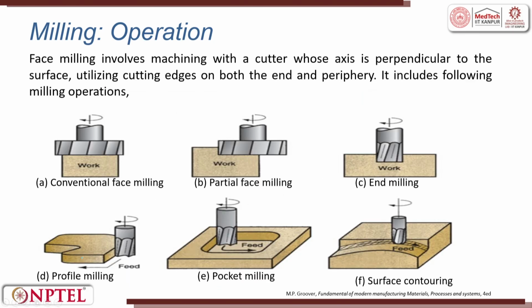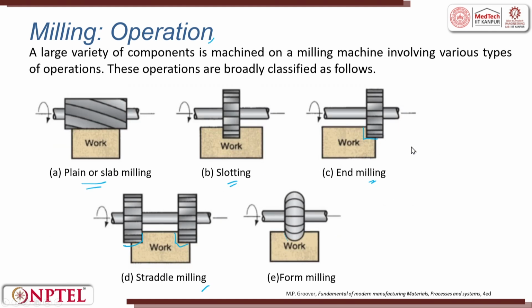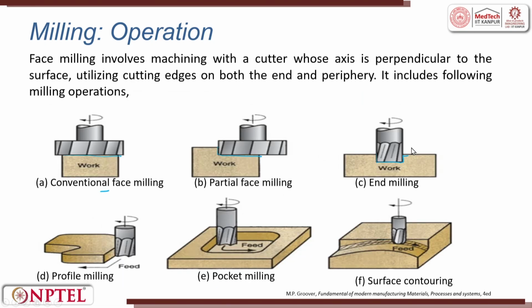In the vertical axis we have conventional face milling, where the top face is milled. Then we can have partial face milling, and end milling for making slots. Slotting can be done horizontally, here it is done vertically. Then you can do form milling, you can also do pocket milling. The video we first showed was pocket milling. Form milling is to generate a form outside, pocket is to generate within the workpiece. Then you can also do surface contouring, which tries to give a pre-form. Suppose you want to make a turbine blade, surface forming can be done.